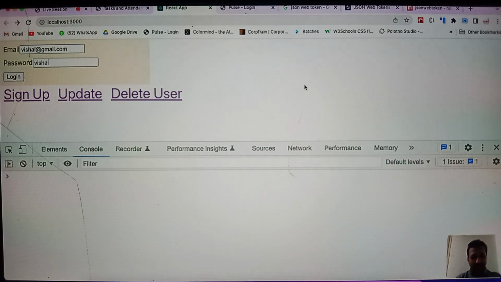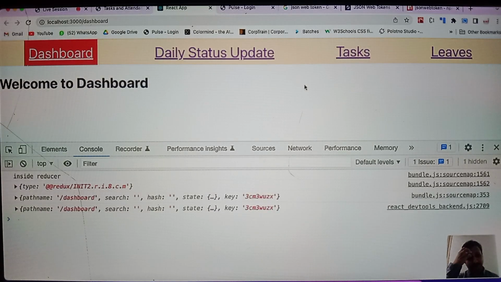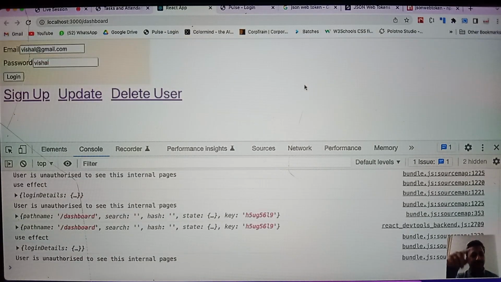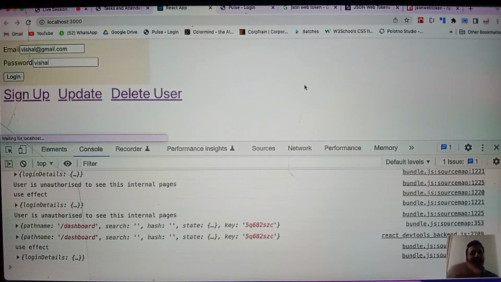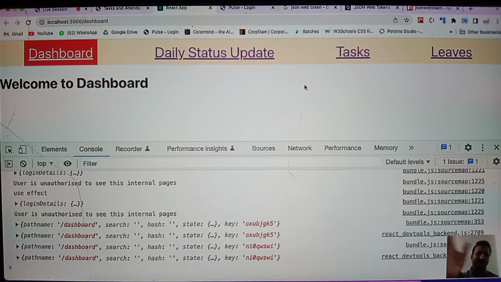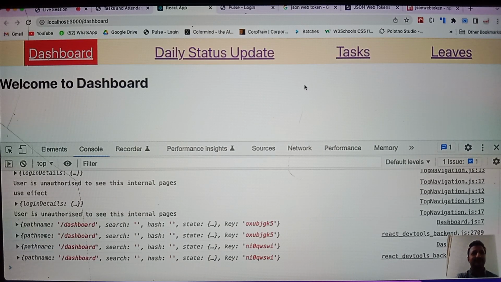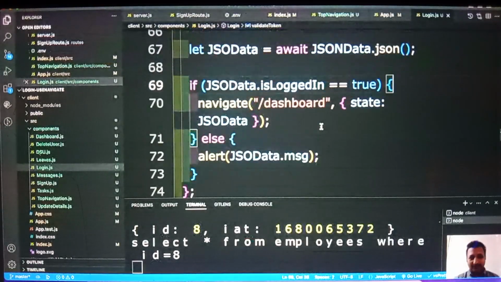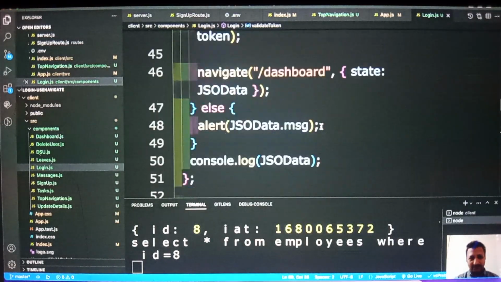Now, I'm just refreshing it. Let us see. It is going actually. But why is it coming back again and doing all this stuff? We have to dispatch it. On click of the login button, we are getting the data, we are dispatching it, and the store is storing true. But that is not happening properly in this case. If you observe here,